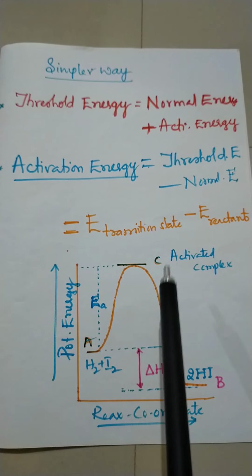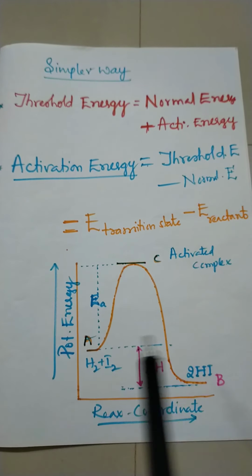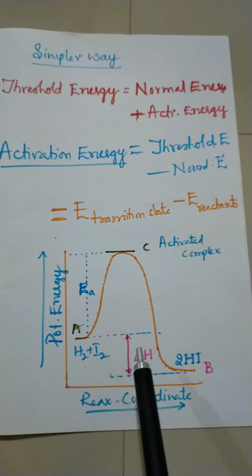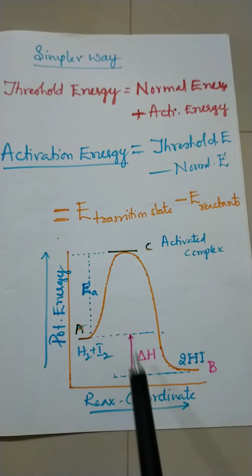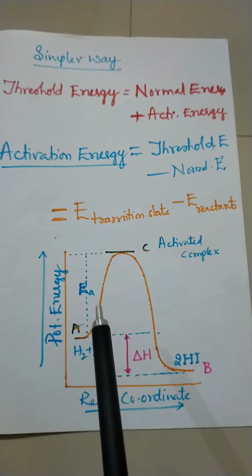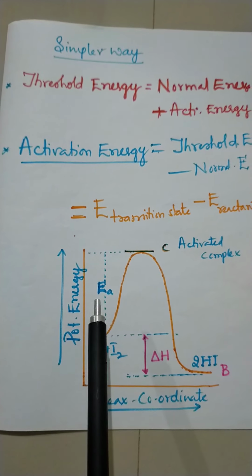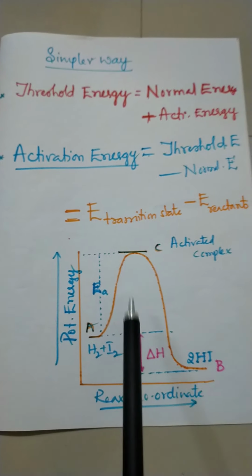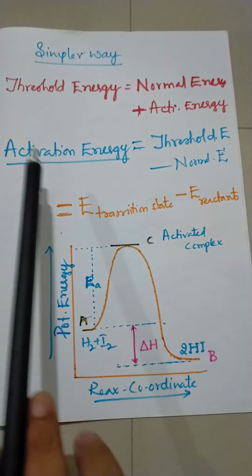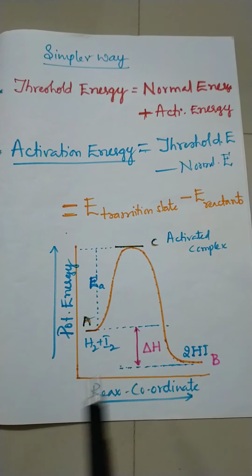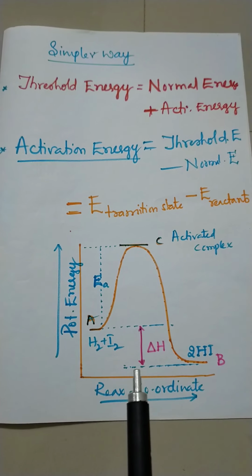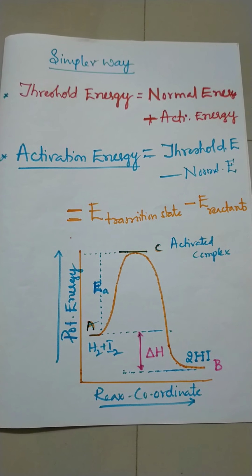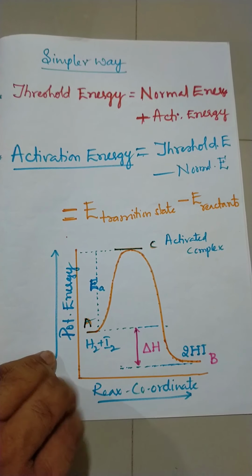The total energy is the energy of the transition state, and here we subtract the energy of the reactant. So observe that one. This gap is called delta H, and here is the energy of activation. Just for your understanding, the diagram is important, because you may be asked to write the definition for threshold energy. In order to know the threshold energy, you have to understand it by plotting the graph; otherwise, you will feel it is difficult. So this is the one thing about activation energy, the activated complex and the graph.